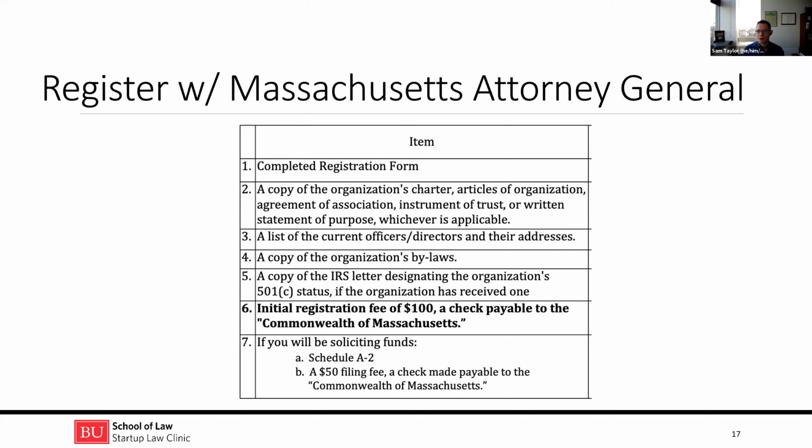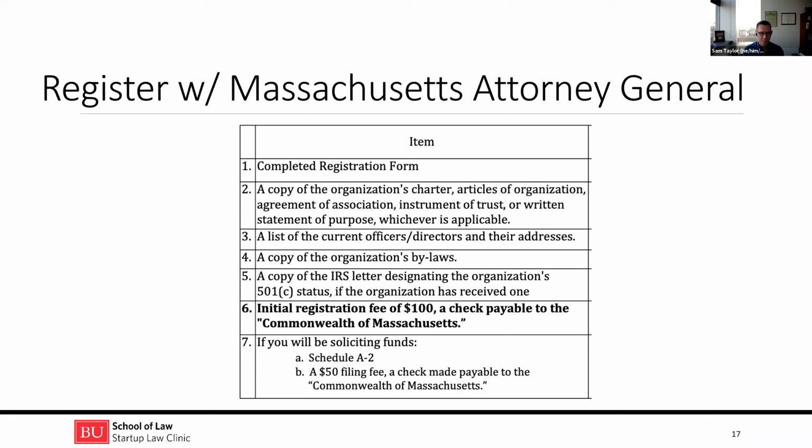And so you can imagine there's ways for nonprofits to potentially take advantage of this situation and take advantage of people through an alleged charitable purpose. So the Attorney General is saying, okay, please register with my office if you want to have your nonprofit operating here. And so that's why, in addition to forming through the Secretary of the Commonwealth, you are also registering with